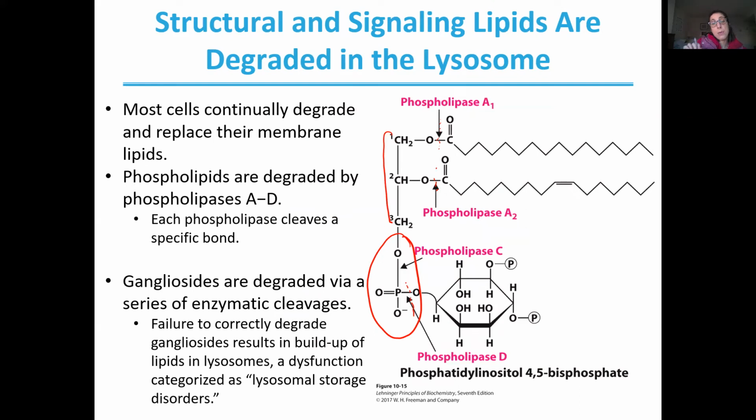And if you do not degrade these types of lipids correctly, you can have buildup of lipids in a lysosome. Lysosomes, if you remember, are the area of the cell where you break things down, quite frankly. And if you build up too much excess lipid in your lysosome, you can have disorders that eventually can lead